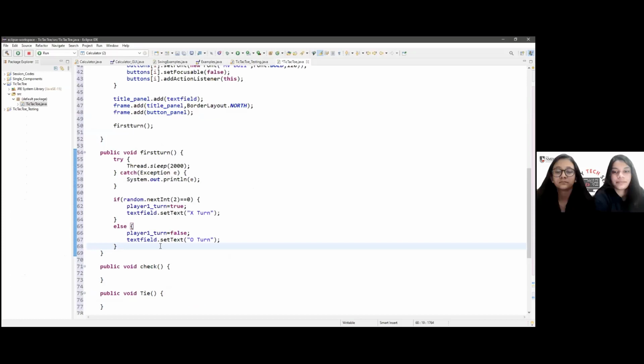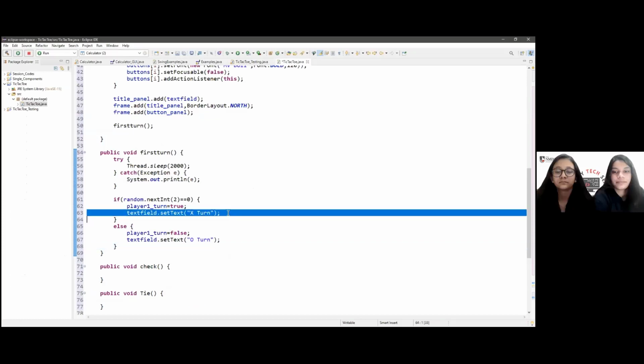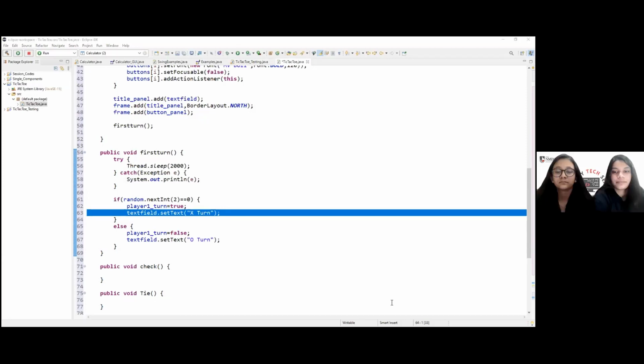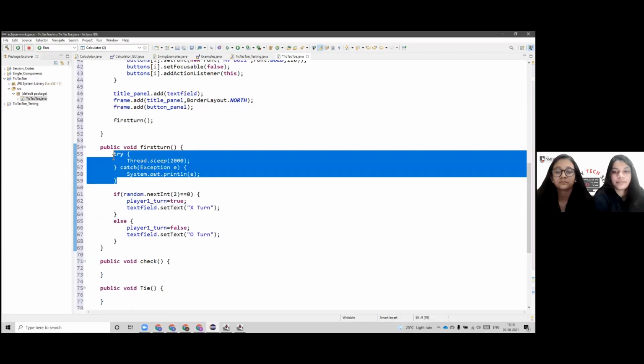So now we will also change the text displayed on the text field once the player has played its turn. If we want to display the name of the game for 2 seconds and then display whose turn it is, we can easily do this by adding a thread sleep within a try-catch block.